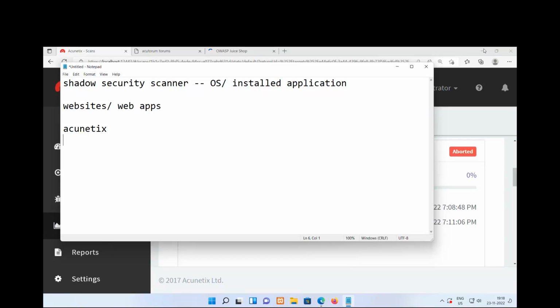Or the websites, you don't go with the IP address. Now, why are you not going with the IP address? For a simple reason, on a single IP, right, there is an option of having multiple web applications. So you can have multiple web applications hosted on the same IP address. So if you try to scan the IP address, if you find some vulnerability,